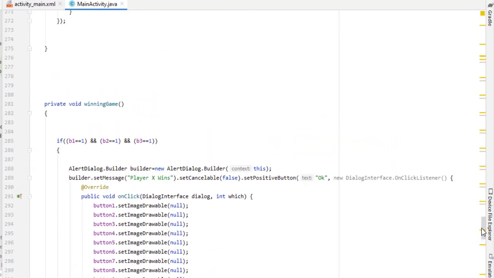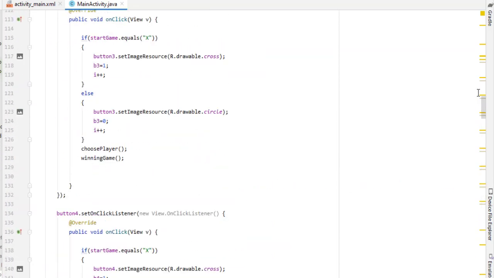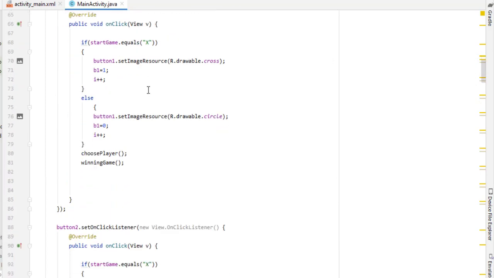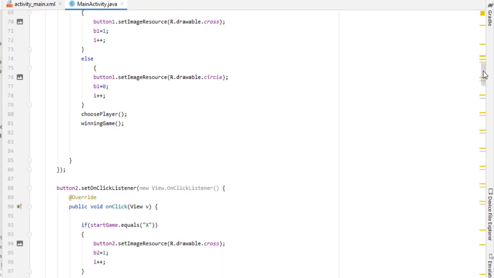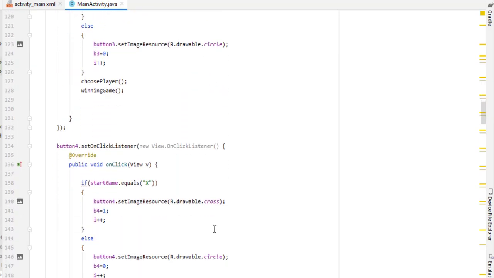Now let's see how this code is going to work. So let us suppose the user clicks on the first button, then what we stored inside the variable is b1 equal 1. Now let us suppose the second time the other user clicks on, like, the third button or fourth button. So if the other user clicks on the fourth button, then the b4 value, we are going to store 0 inside our b4, not 1, because this time the symbol displayed on the screen is circle, not cross. So hope you understand, because this is the second time, I have to display the circle, not cross.